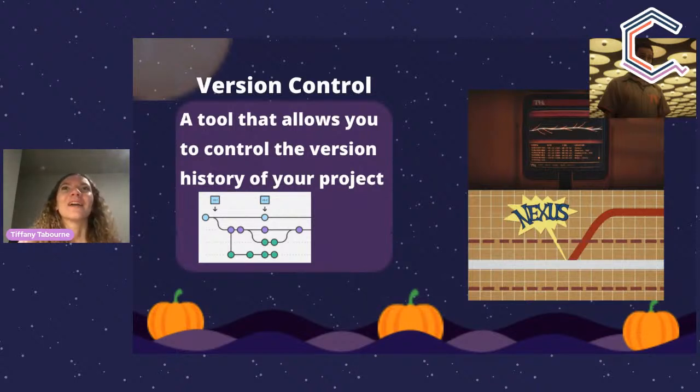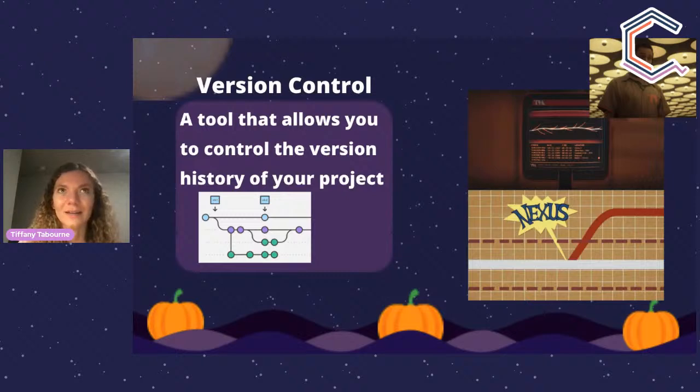If anybody has seen the Loki TV series, it's kind of like a timeline, a line that has a bunch of potential deviations from it, or nexus events, that could be referred to as branches when it comes to Git and GitHub. But essentially, version control is just the ability to have a history of all of your different versions and additions to a project,